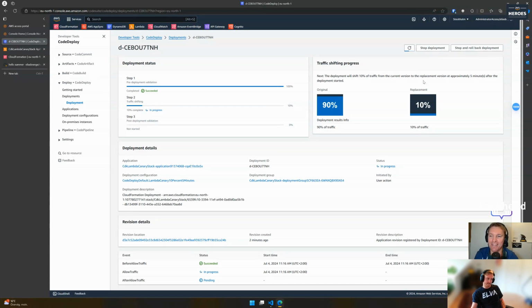Oh, really? But over there on the right-hand side, you see it will take approximately 5 minutes after the deployment has started. So traffic shifting process, there is 90% and 10%. Yeah. But I would love to see a counter here that tells me how much is left. Yeah, that would be great. Especially for larger applications, I can see that that would be sensible and helpful, right? Now,